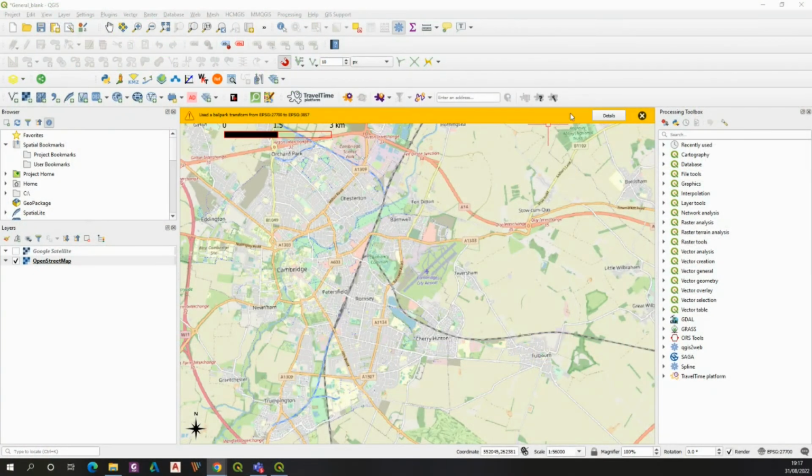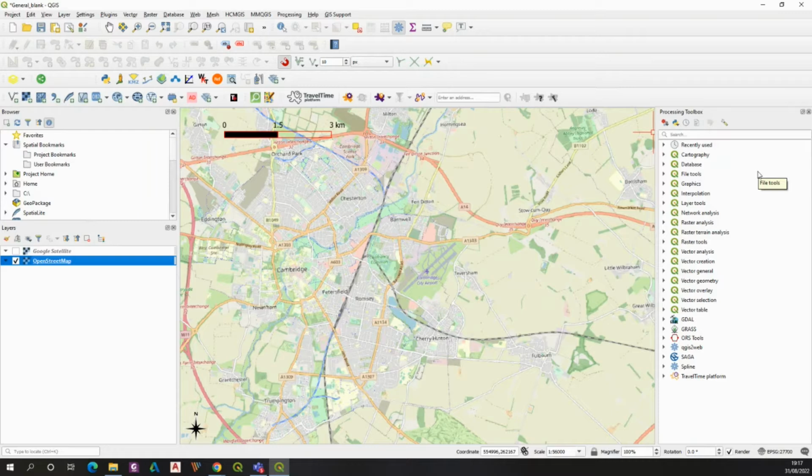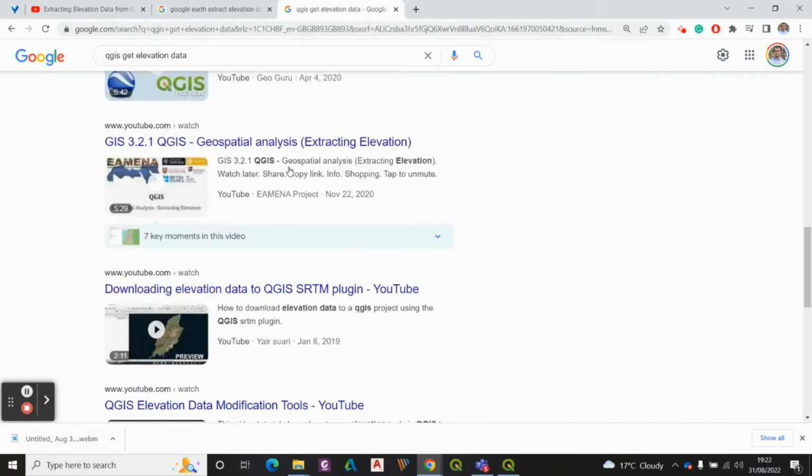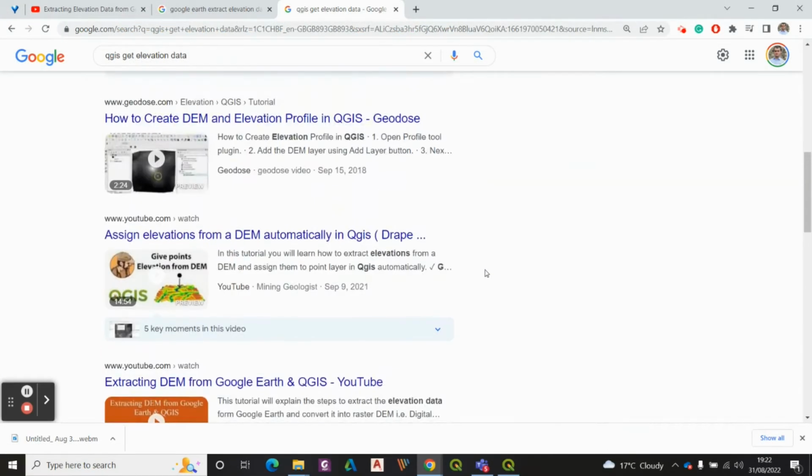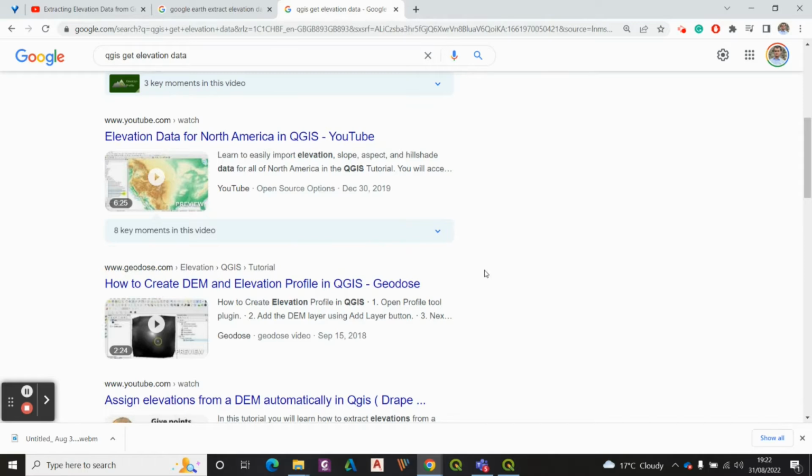Hello guys, today in this video I'd like to demonstrate how to get the elevation data in QGIS without a digital elevation model. It can be a really useful feature, a nice shortcut for lots of you, I think. By browsing random YouTube videos I came to the conclusion that there are basically two ways of getting elevation data in